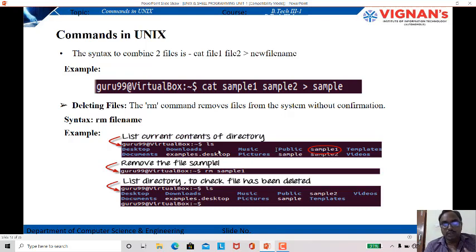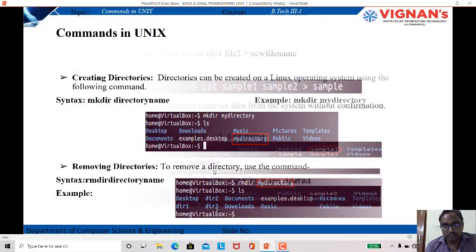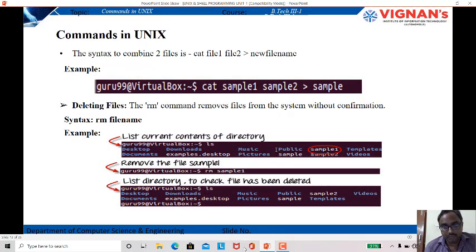Now how can you remove a file? Just as I told you, we can use $rm. Suppose I want to remove sample1. Again, how can you check whether the file has been removed or not? You can type $ls again.